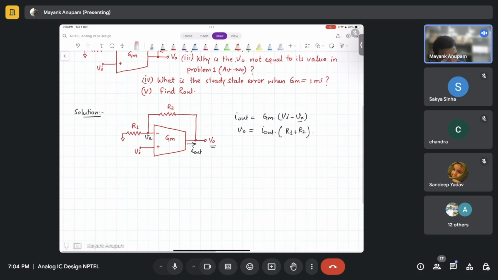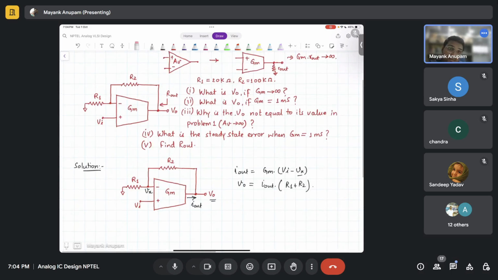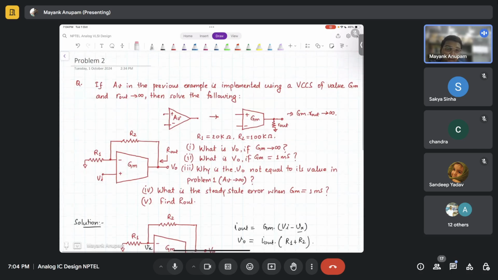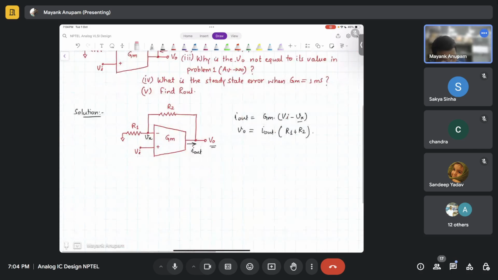But for now, just assume R out is infinity. So all the current that comes out here has no other path but R1 and R2, the series combination. Am I correct? Yes, in that case. So what is going to be V0? GM times